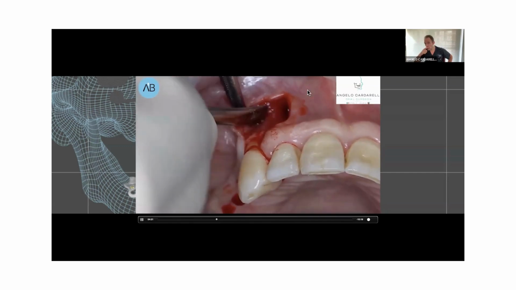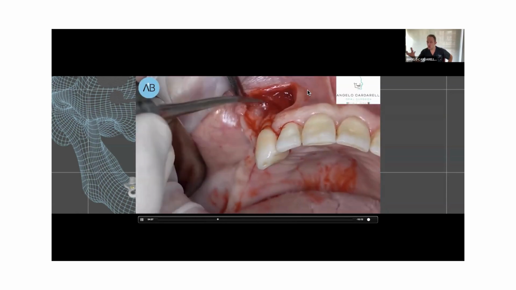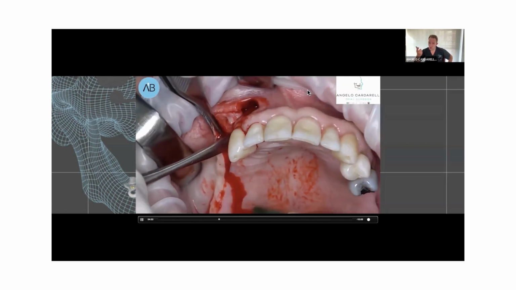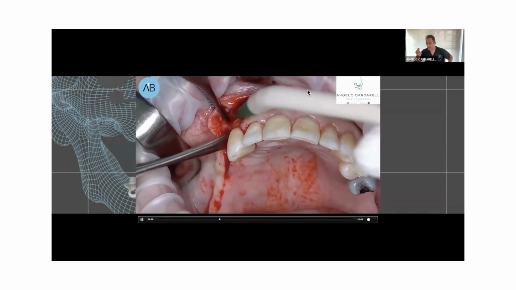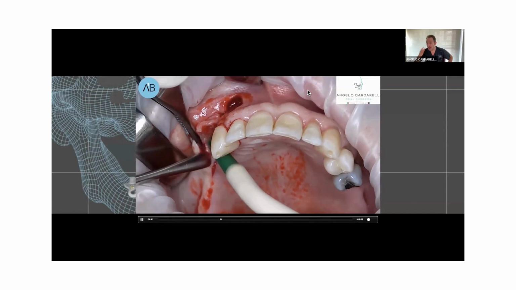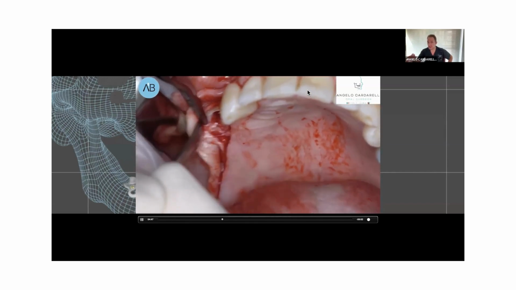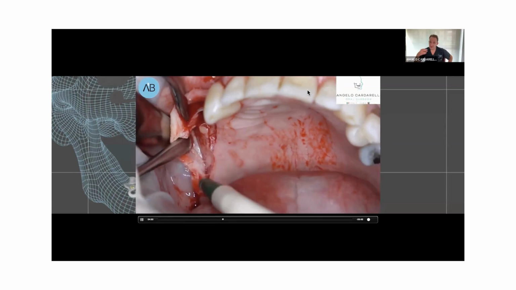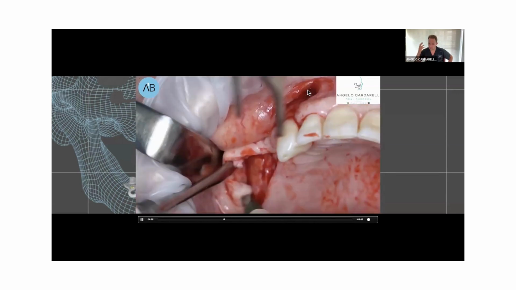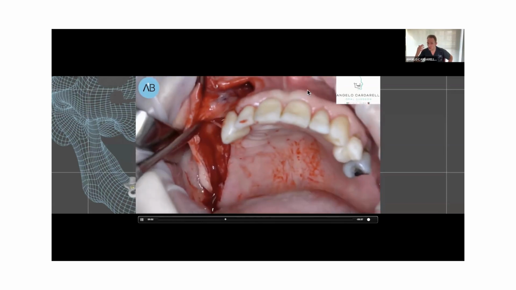Then slowly we can start with the flap incision. And as you know, in the edentulous site, usually we have a fibrotic tissue. So we need to use the clamps and the periosteal to release this fibrotic tension, avoiding any perforation. Because if we have a perforation on the periosteum, we can have high risk of exposure. That's why we need to preserve the periosteum. So slowly, full thickness flap,